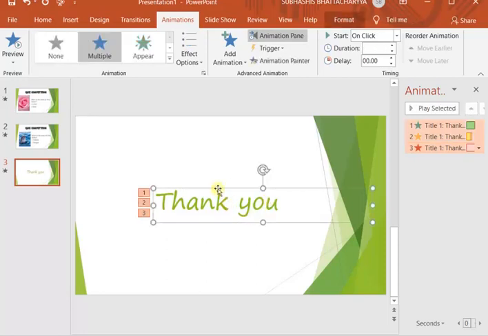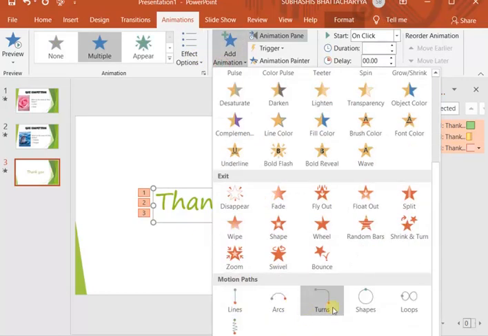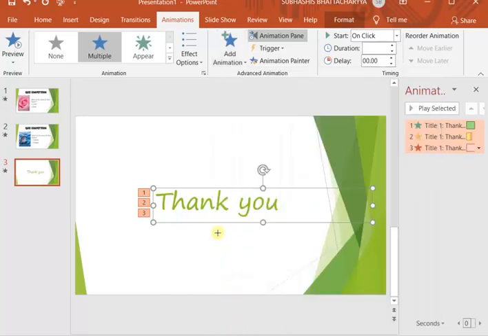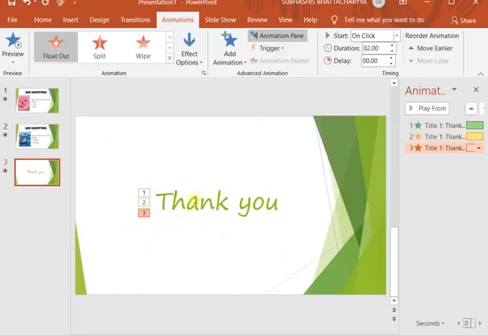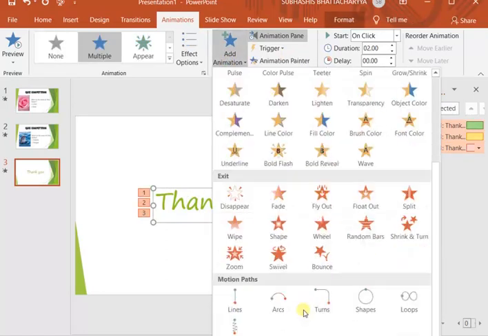Now motion path. If you want to set a motion path, select add animation, motion path. There are lots of paths. Suppose you use custom path, it will let you use your own type of path which you want to set. Suppose you draw a path like this. So you can select it, you can go to motion path. It will look like this.